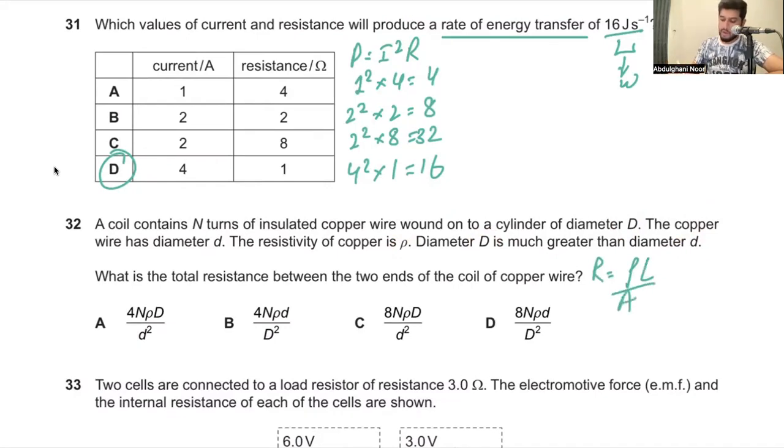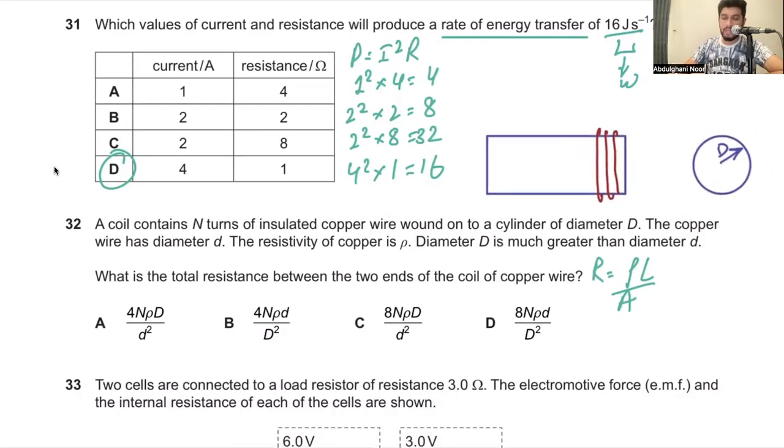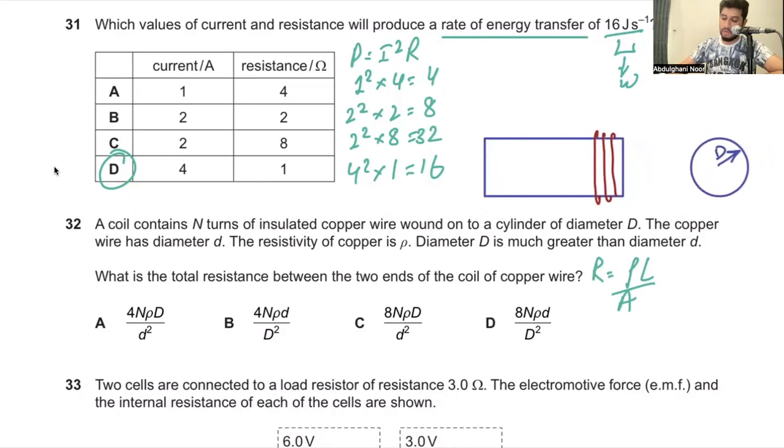सही. Now, how does this work? कह क्या रहे हैं इस सवाल के अंदर? इस सवाल के अंदर ये कह रहे हैं कि इस तरीके से हमने जो अपने कॉपर के वायर को एक सिलेंडर के ऊपर वाइंड किया हुआ है. So this is your cylinder of diameter capital D, and you basically wound it around the cylinder. So let's take this bottle as an example, and let's take this wire. Okay, so I've got a wire here, a cable. अब इस केबल का, ठीक है, assume that you don't have this port here and it's a simple wire.